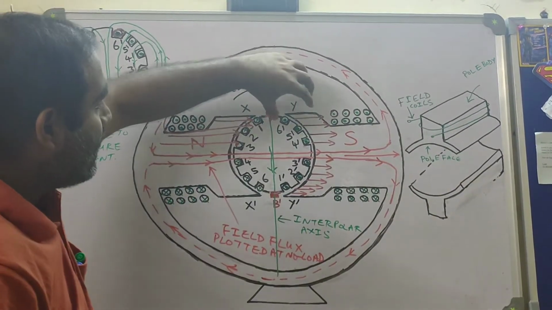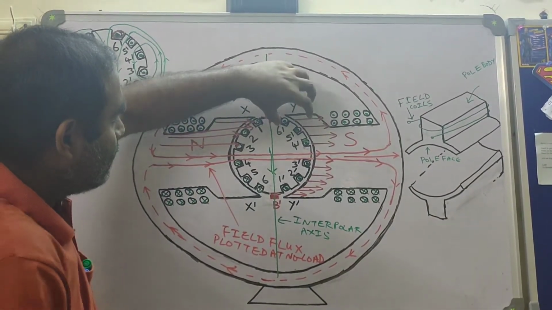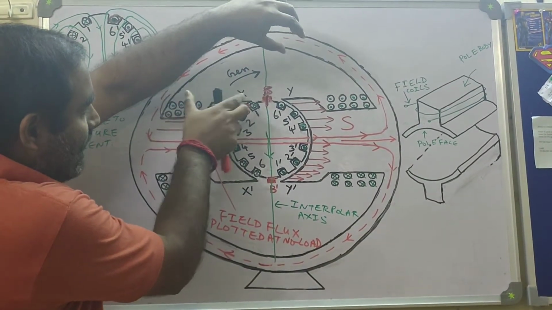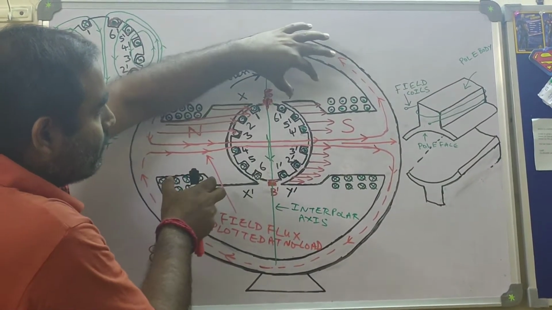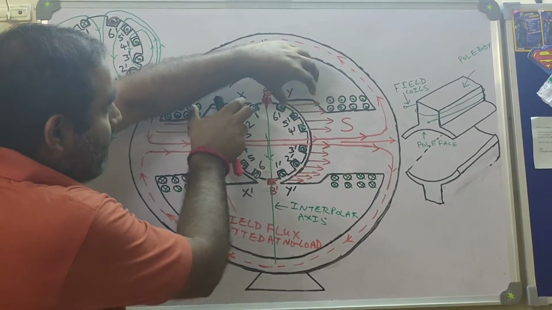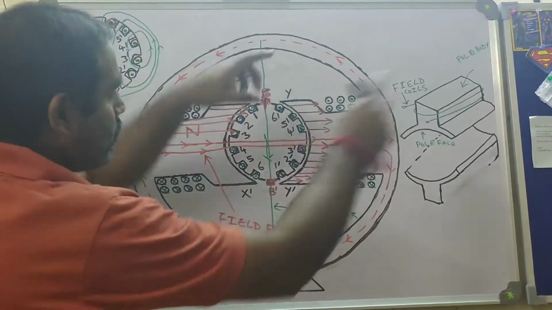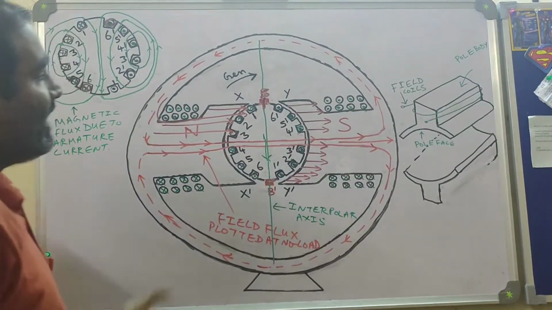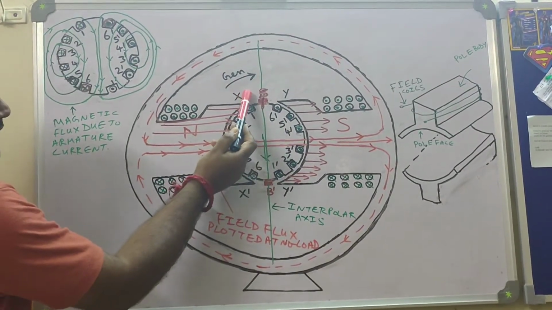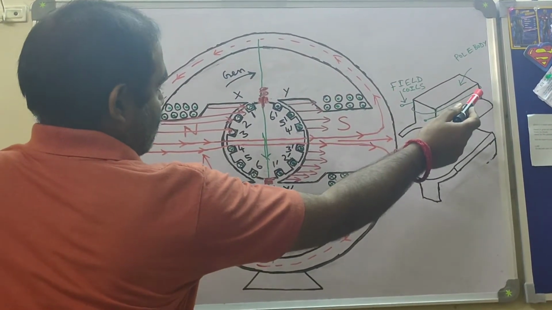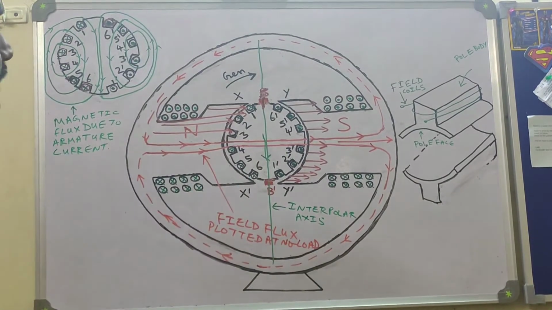So what I am doing, I am holding this portion with my left hand. This portion, that is pole tip X, I am holding with my right hand. Pole tip Y with my left hand. I am keeping left hand here and I am moving the right hand from this position to that position. So a developed view will be developed, and in that developed view you will find that pole tip Y is here, Y dash is here, X dash is here, and X is here. Okay. So that thing I am going to do.